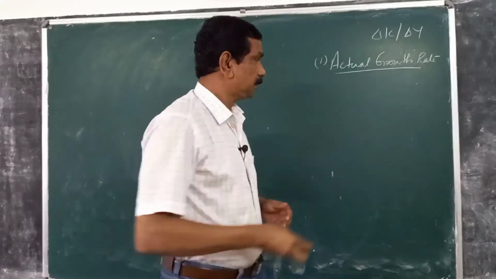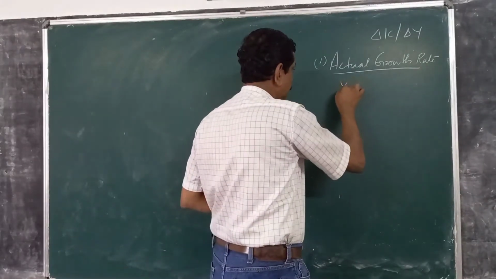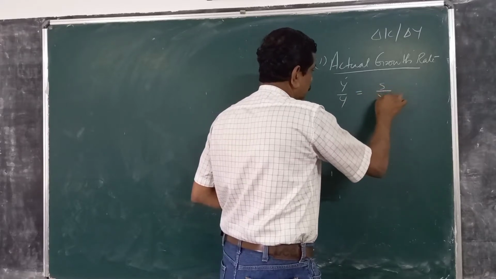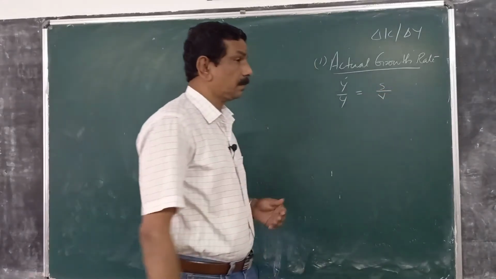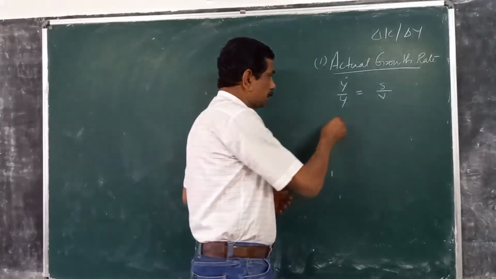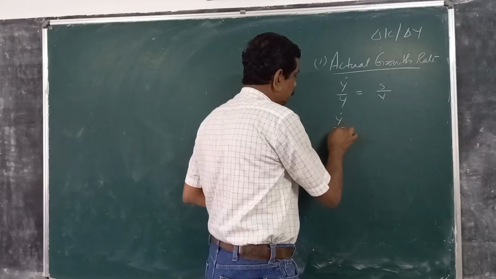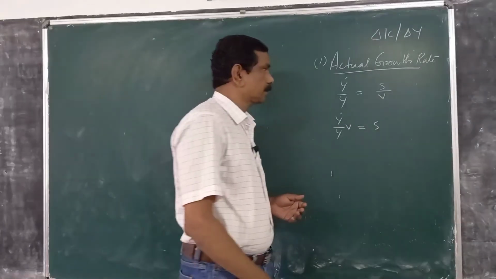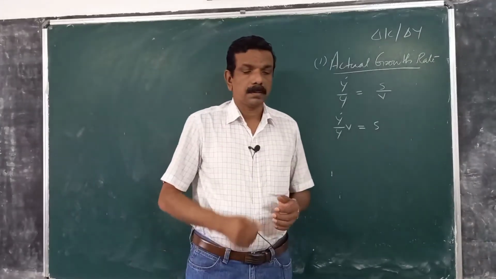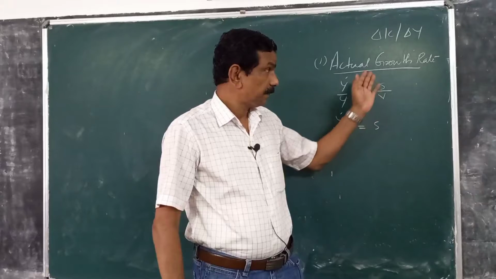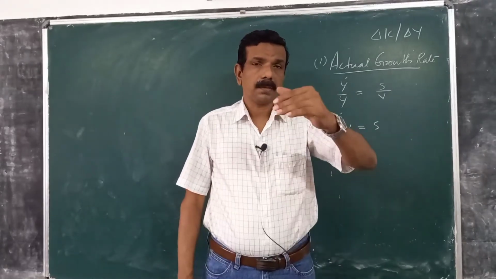And as we have defined, y dot by y is equal to s by v, so y dot by y into v is equal to s. Now, if we define marginal capital output ratio